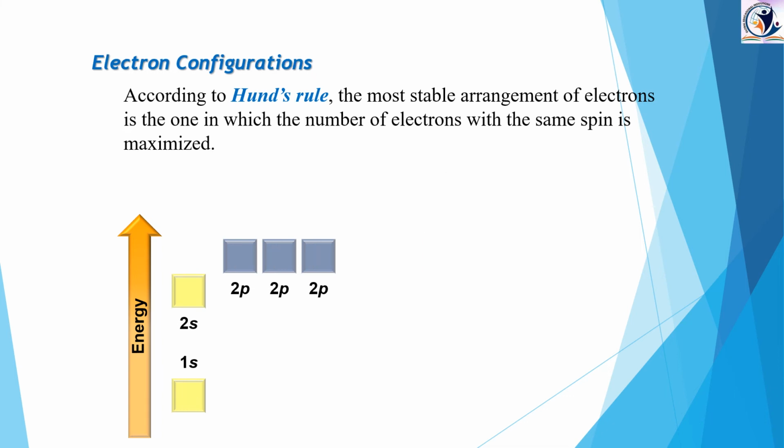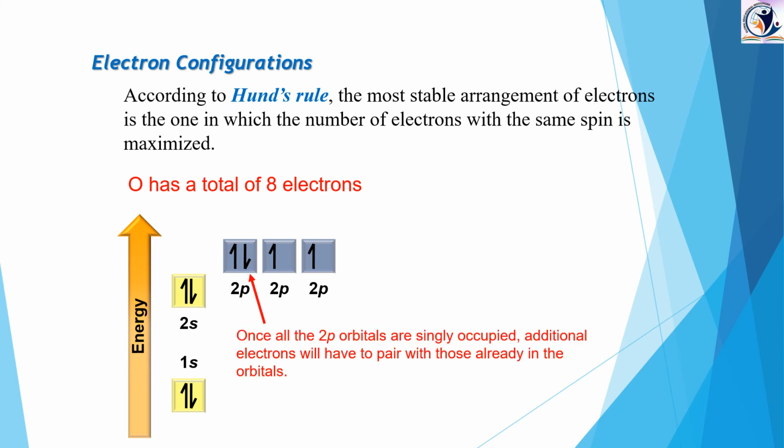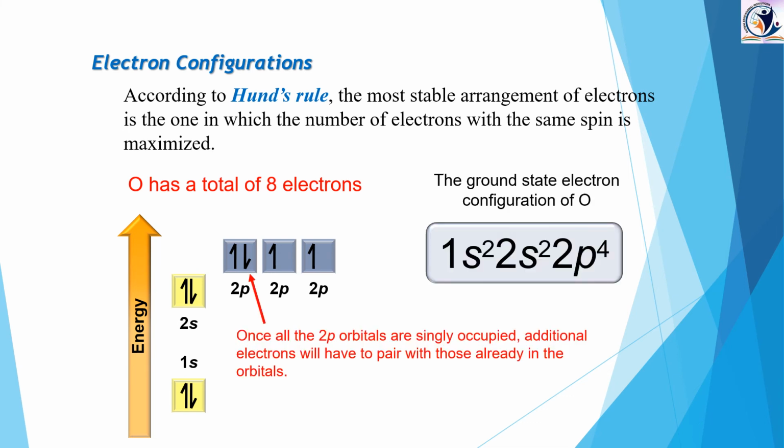Got it? Now let's see another example. Oxygen. Now you will get clarity here. Let's see. 1s2, 2s2, 2p4. See here, after filling of the positive spins in each of the degenerate orbitals, then came the negative spin here. Did you understand, children? The negative spin came over here. So the total number of electrons is 8. So here is how it has been arranged: 1s2, 2s2 and 2p, how many? 4. So this is the electronic configuration of oxygen.